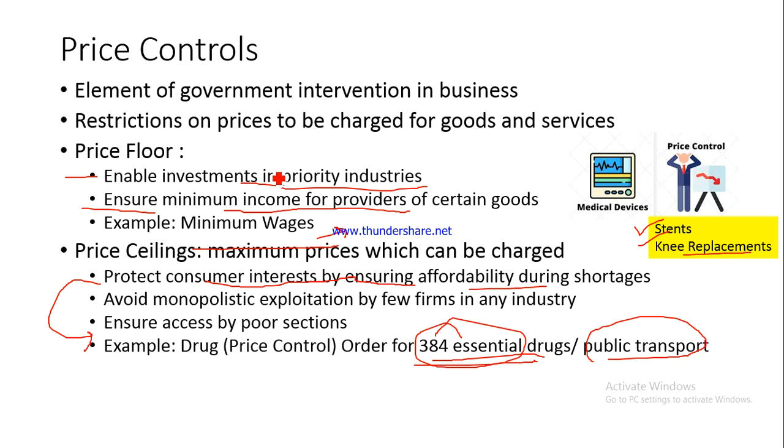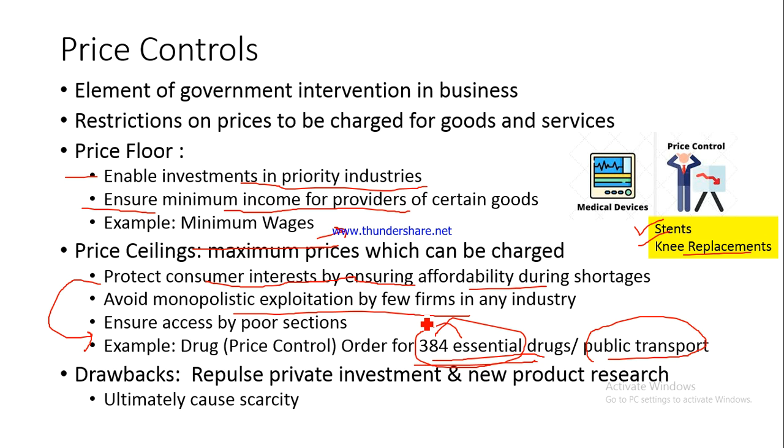There we have seen that when a particular firm acquires monopolistic control of a particular sector of economy, then they tend to increase their prices. So in such cases also, prices are fixed by government so that such monopolistic exploitation of the customers cannot take place. So such monopolistic exploitation is not affected by the few monopolies which are there in that particular sector of the economy, right? So for that also, government brings in price ceilings, right?